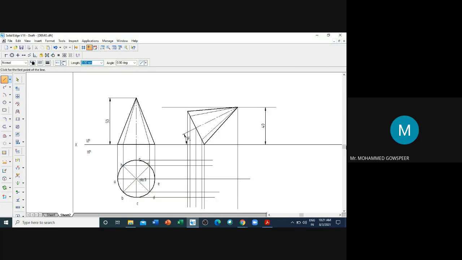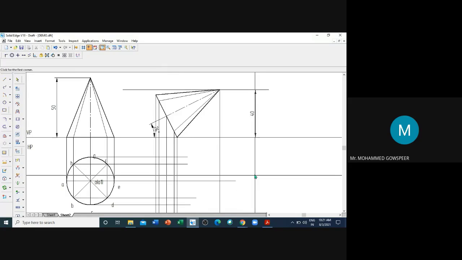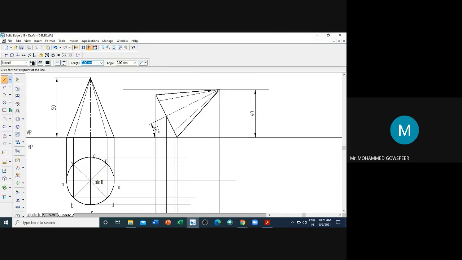Okay. Now here I need to draw an ellipse, because when you see from the top, since it is inclined, you can see the ellipse. Now I will zoom this portion. Now the command is here, the circle, the downward arrow: ellipse by center point. Select that. Now click for the center point of the ellipse.